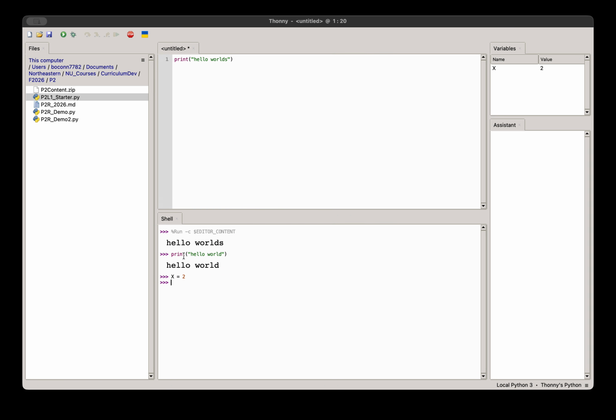So here's a way to see that. See this right here. See the variables there. If I run that script up there, it clears my variables. It clears my shell. Okay. So this is where you're going to primarily interact. You're going to be working on your scripts, but this is a really good resource to kind of try out